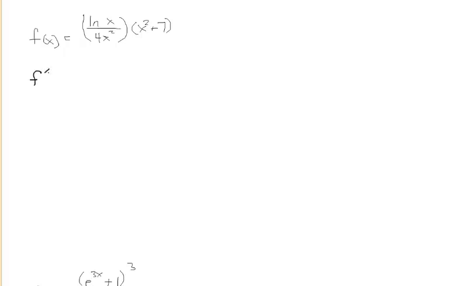So f prime of x is equal to the first term, so we rewrite the first term, times the derivative of the second term, which is 2x, plus the derivative of the first term, which is our quotient rule. So we have 4x squared, g of x, times the derivative of f of x, which is 1 over x, the derivative of ln of x,